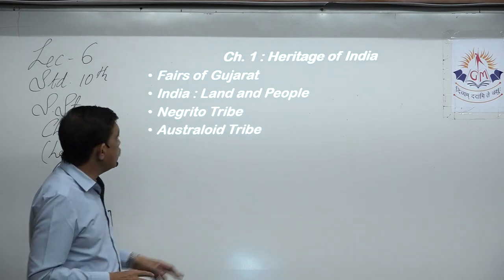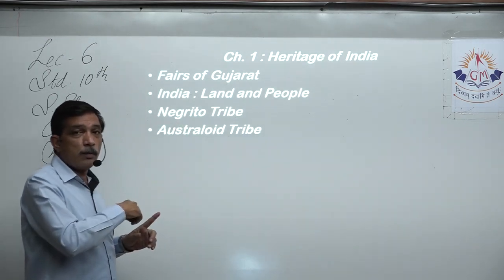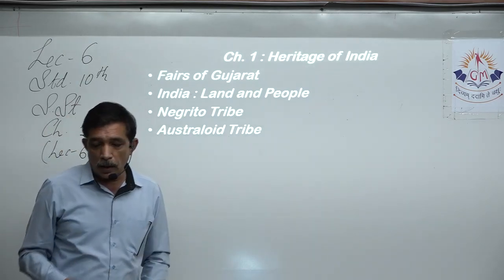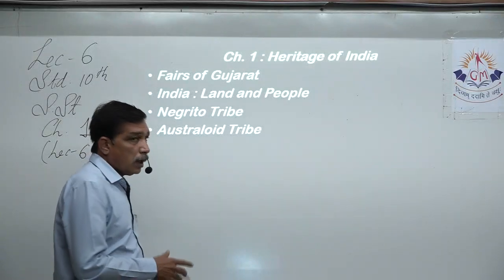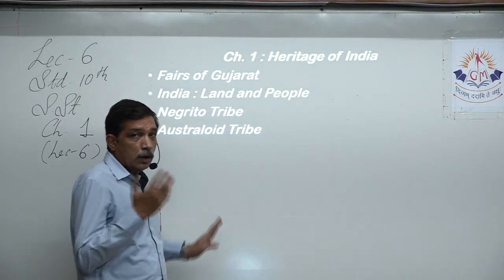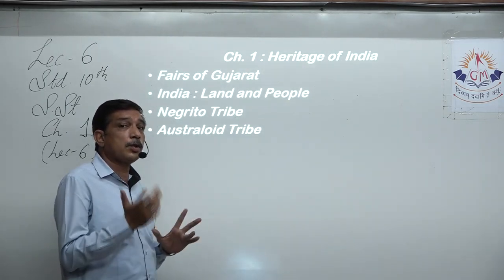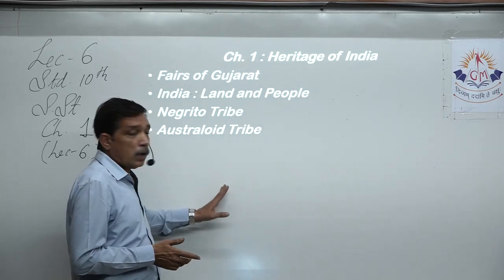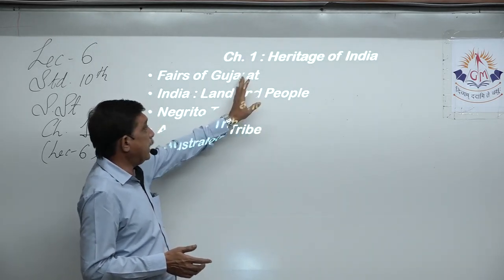We learned two of the tribes. First one is the Negrito tribe, which came all the way from East South Africa. So the Negrito tribe people came all the way from East South Africa. We also know that their origin is there, right? Now which route they took? From the eastern coast, they kept on going. They came up to River Nile, Egypt.